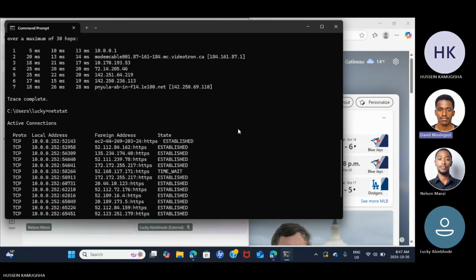In case your computer is running slowly and you suspect unauthorized network connectivity, just come and apply NetStat. You can see your local address, your IP, your foreign address, where it's listening. You can also see the established and listening states. You can see the process ID using the connection. You can identify suspicious IDs and cross-check with Task Manager just to see.